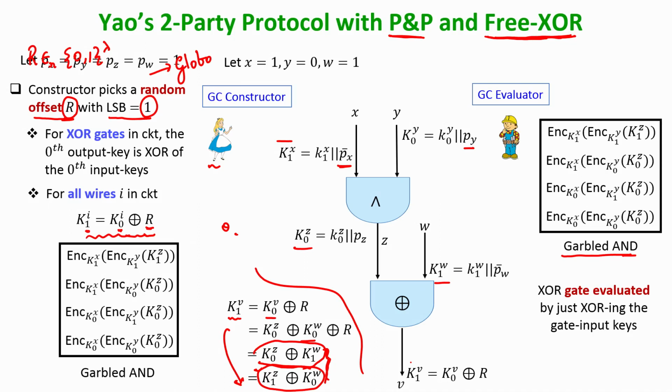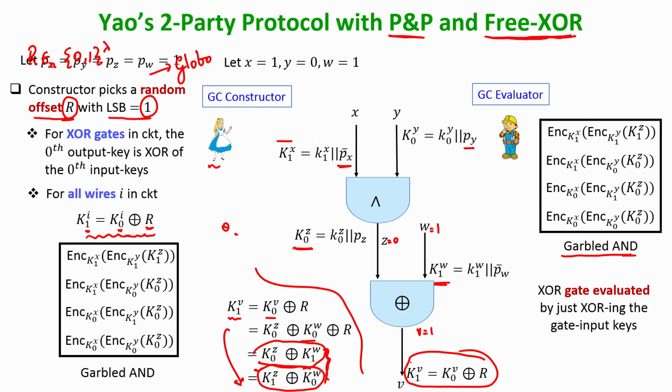That is simply the evaluation of the XOR gate. And my claim is, by doing that operation, he will magically obtain the right key that he is supposed to obtain over the output of this XOR gate. Why so? In this case, the keys over the Z wire and the W wire correspond to Z being 0 and W being 1. That means the evaluator is actually evaluating the circuit for the case where the inputs of this XOR gate are Z equal to 0 and W equal to 1. That means he should obtain the key corresponding to V equal to 1, because if the inputs of the XOR gate are different, then the output is 1.